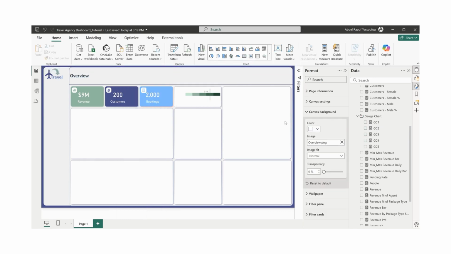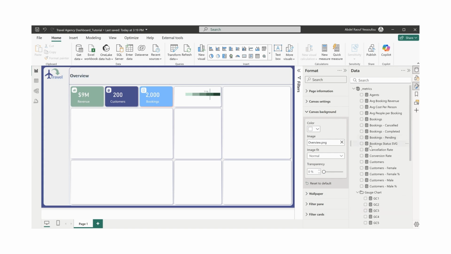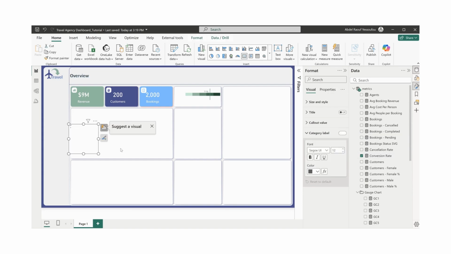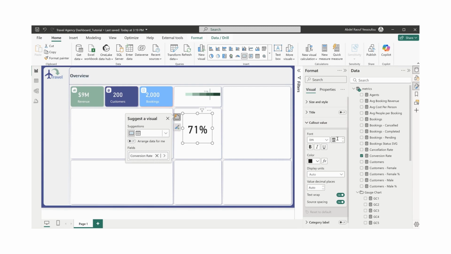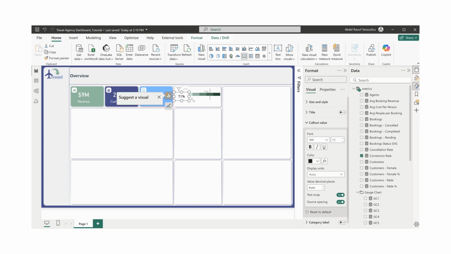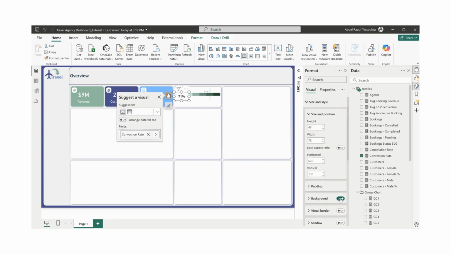Okay, and I'm going to bring the conversion rate as well. What is it? The conversion rate card somewhere here. Take out this, change this one to 15, resize it, then I can put it somewhere here. I'll go to the size and style and turn off the background. So this is